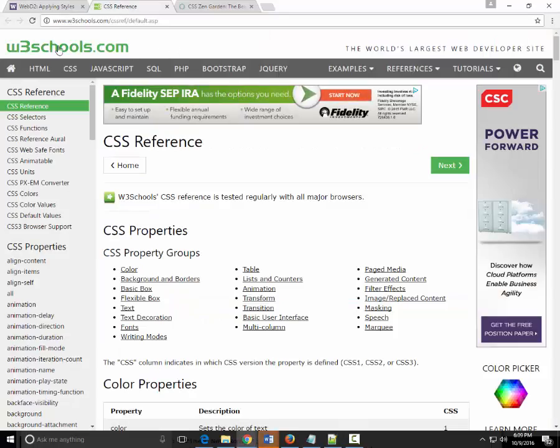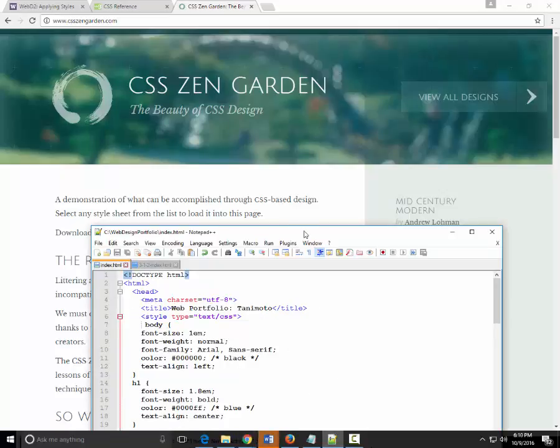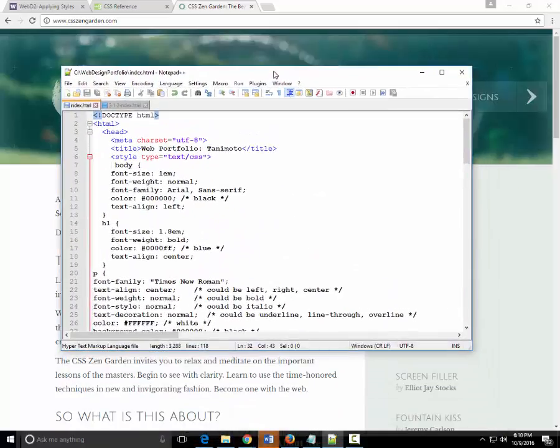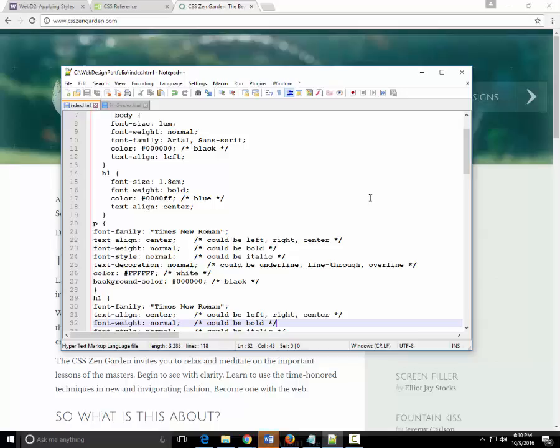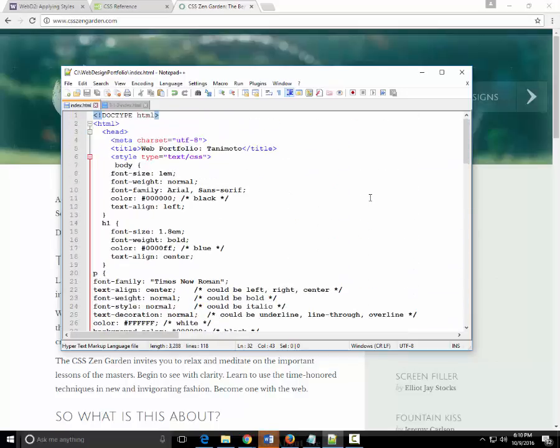You can use the CSS reference on w3schools.com to give you some ideas. Or you could use CSS Zen Garden as was specified in the web course. These could give you some ideas of some other things you could do with CSS and its properties. Now what I'm going to do here is, instead of this, which contains much of the default text that